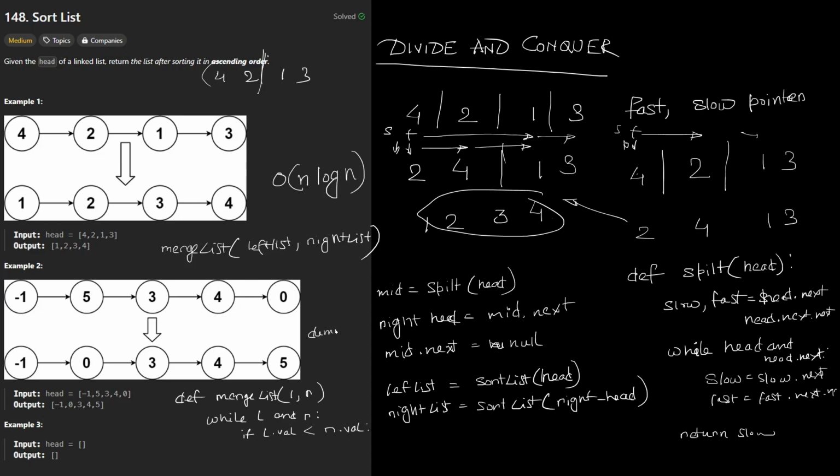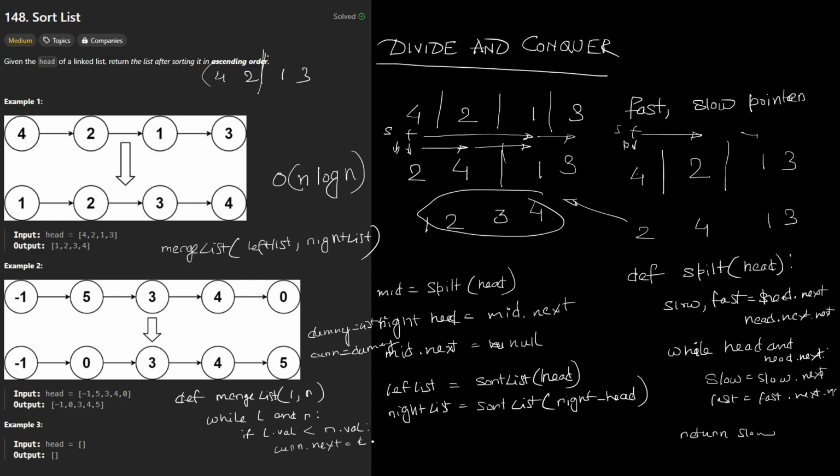So dummy equal to list node, and I can say cur equal to dummy, and here I can say cur dot next equal to